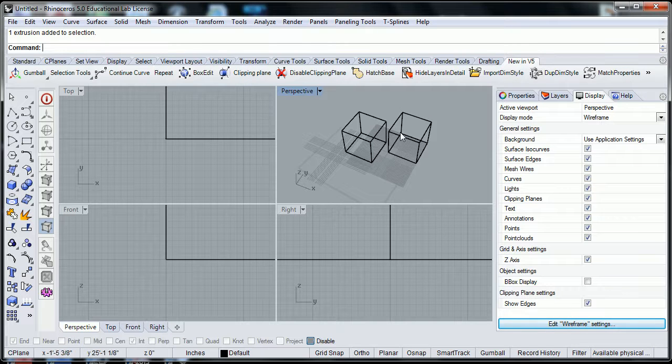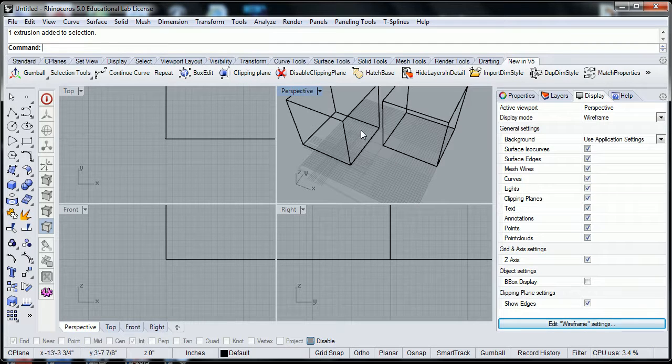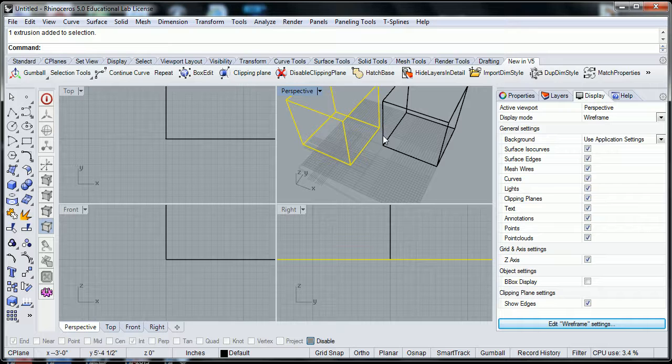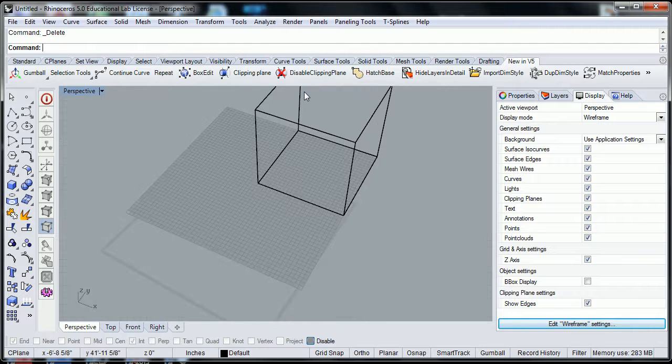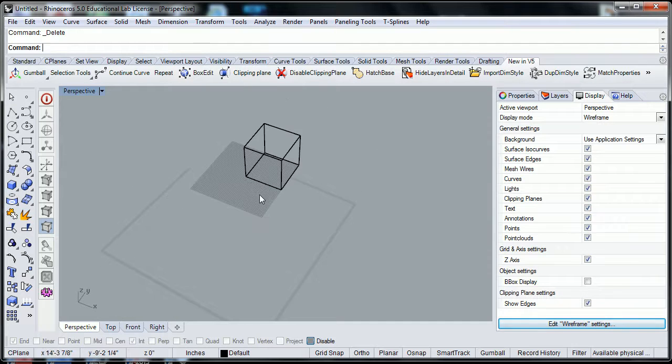So I have my boxes, 2 boxes, which I don't really need. So I'll just delete one. To erase, select the object, and then hit the delete button. Okay. Right now,